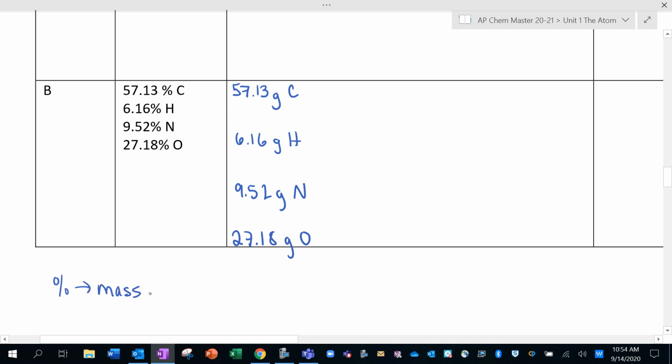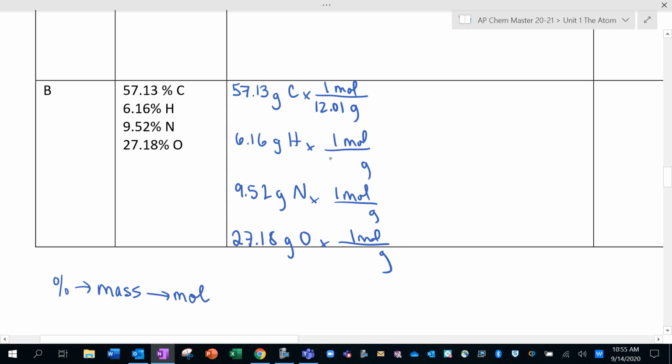And then I'm going to go from mass to moles, which means I'm going to use the molar masses of these substances to convert from grams to moles. And remember, the molar masses is something we find on the periodic table. Okay, so for carbon, it's 12.01 grams, hydrogen 1.008, nitrogen is 14.01, and oxygen is 16.00. So that's my mass to mole step. And when I put in the answers here, I get